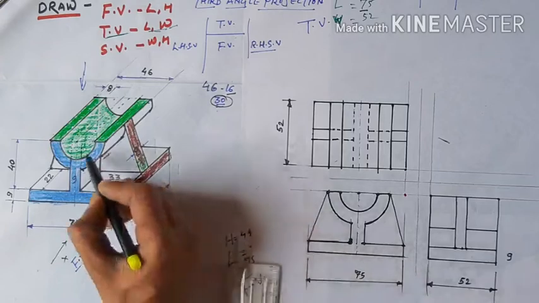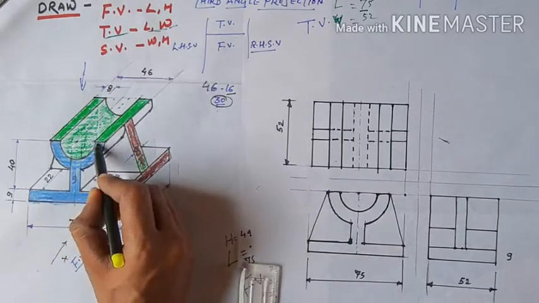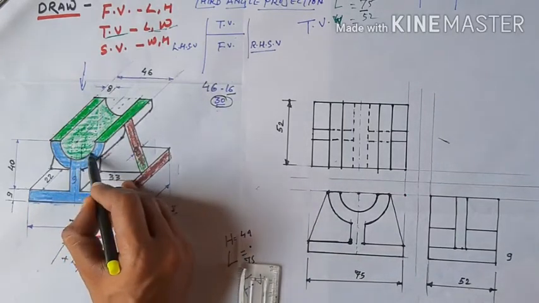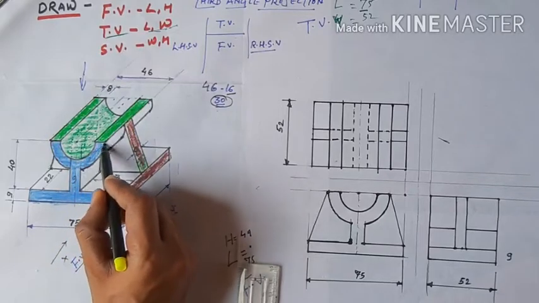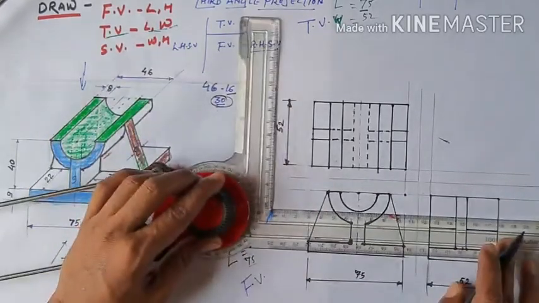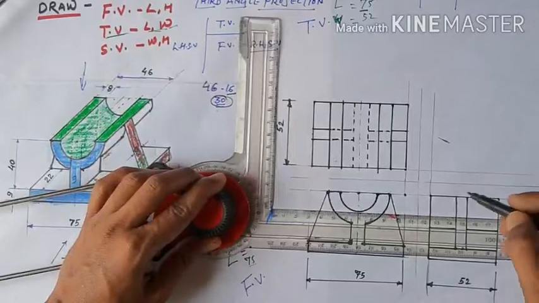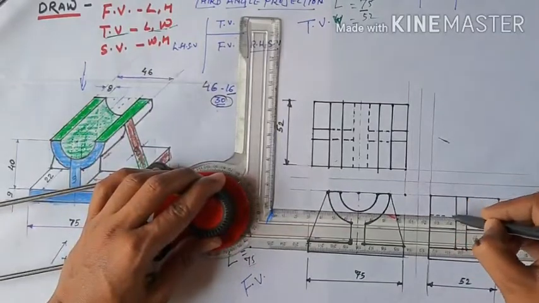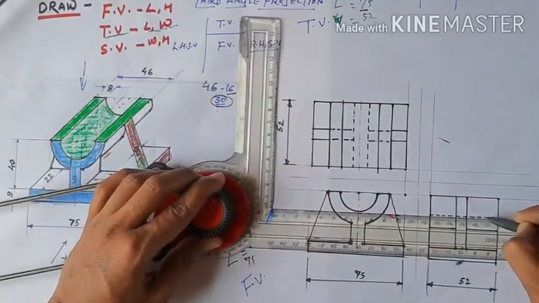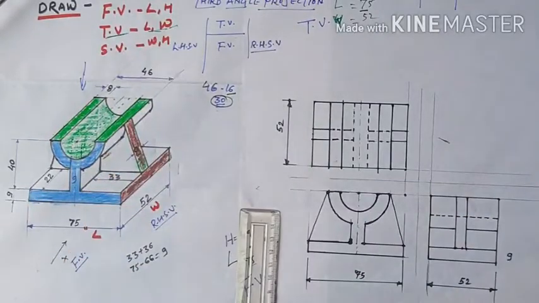Now forward, this line is not seen from the side, so again drawing like this parallel to it, and this is your hidden line. So from here this is your hidden line, a dotted line. This is not clearly seen by our eyes. So all these three structures show all the views respectively, that is front view, top view and side view. So I am putting the dimensions here, so just 1-2 minutes or less, and we make the dimensions.